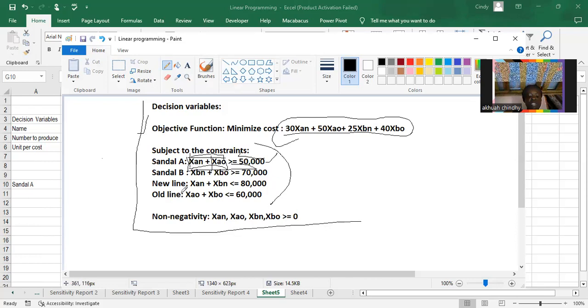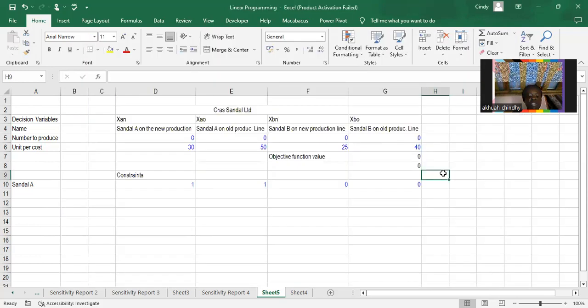As I said, here is the left hand side, right? So you go here, and let's say you can write the left hand side, just for your own clarity. So let's say you wrote left hand side. And what are we doing? The same way we solve for the objective function value, we just want to rewrite our constraint here. And in our constraint, it says that this coefficient times this quantity of XAN plus the coefficient times this quantity of SA should be greater than or equal to 50,000. So we are working with the left hand side first, which says this one